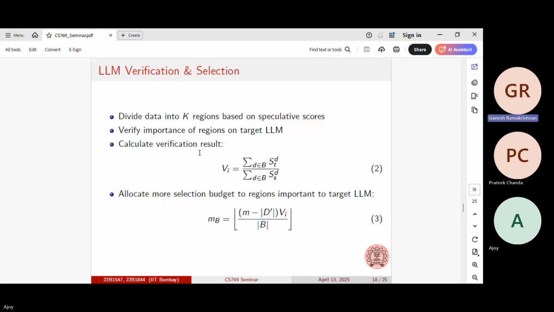So when you say K regions, you mean you just sort those norms and then bucket into K regions? Yes, so that we get representation from each of those regions. And from each of